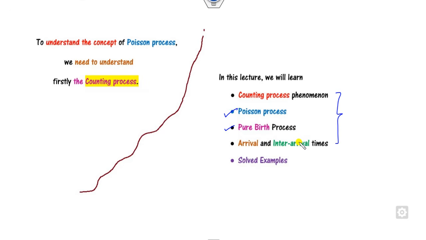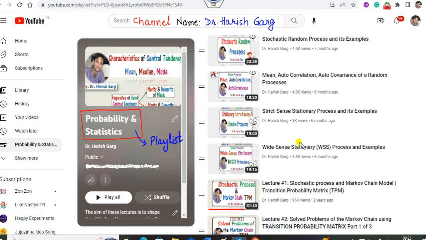Since we are working on the counting process, you must first understand what a stochastic